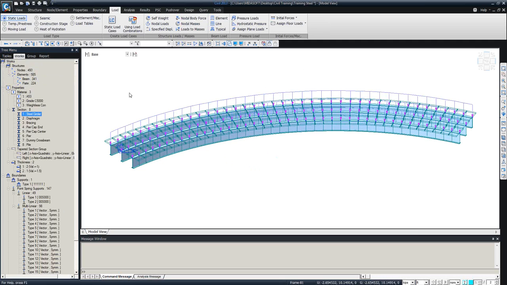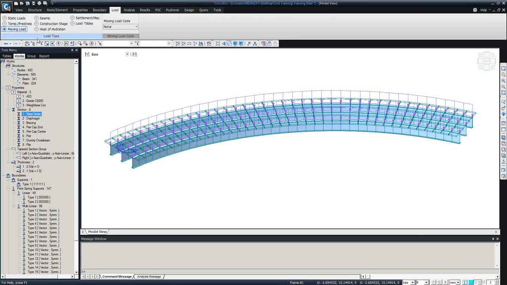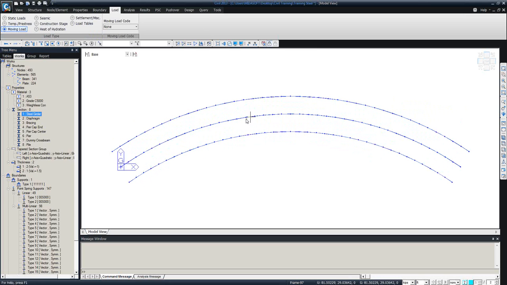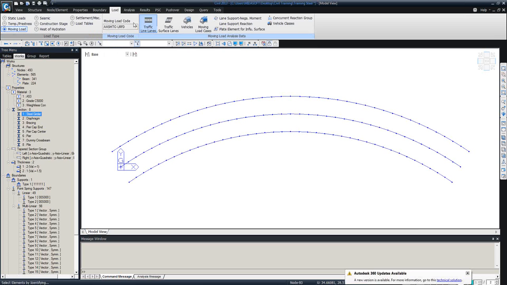Now I want to go ahead and define the moving load for you and then run the analysis. All right, so I showed you how to apply the static load. You can apply different seismic loads, define the construction stage analysis, temperature load, but I want to go ahead and do the moving load for this model. I just keep these on. Turn this off to see only the line elements. The first step is to select the code. Then it's going to be selecting the